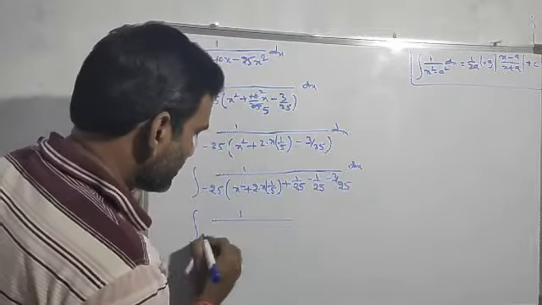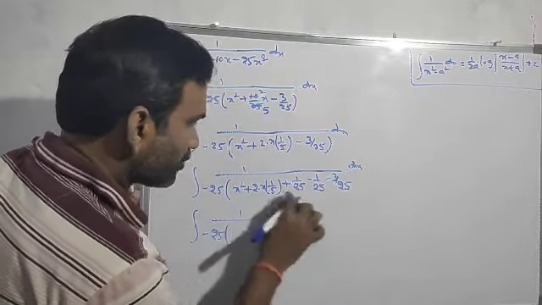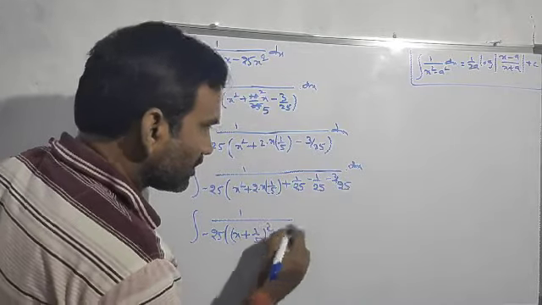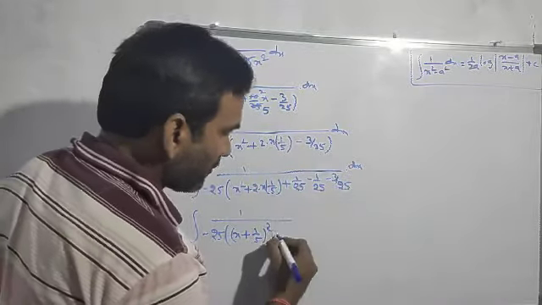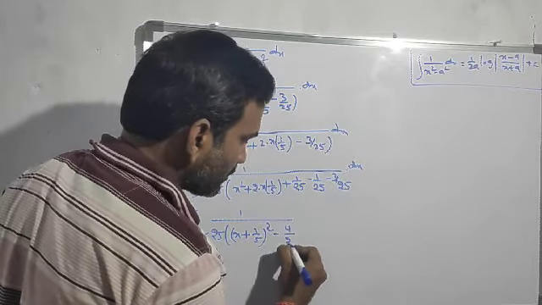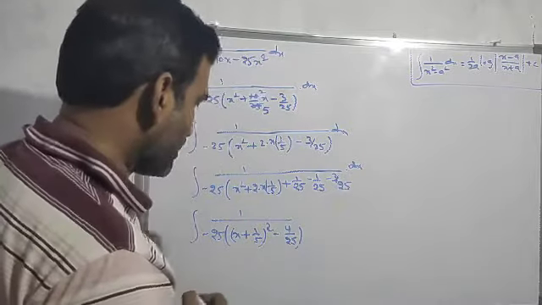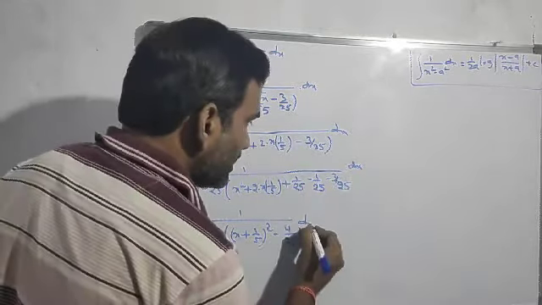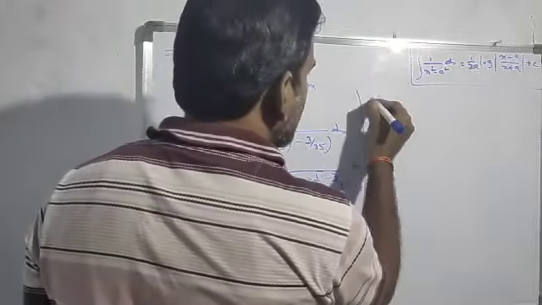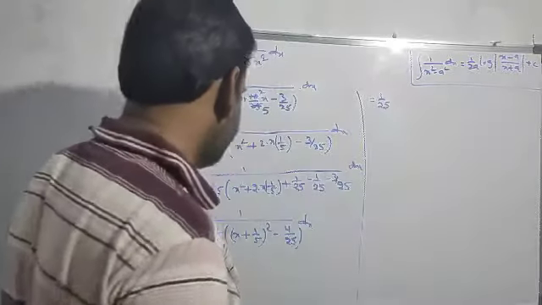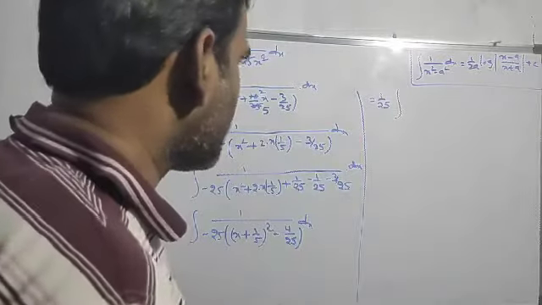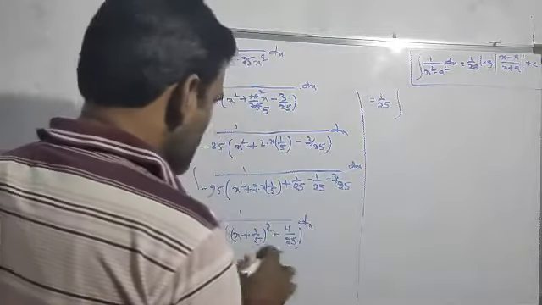So here I am taking that minus 25 up to 3 terms. I can write that (x plus 1 by 5) whole square, minus 4 by 25, minus 4 by 25, I can take that into dx. So here I am modifying that, taking 1 by 25 outside, just multiply by minus 1, okay.